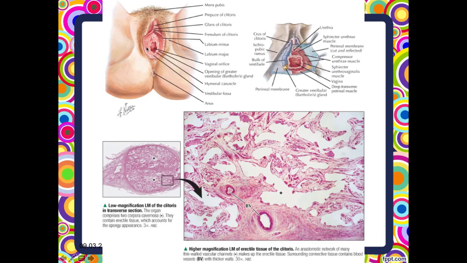Then the clitoris has like two parts, and on the distal part, right here, there is the Bartholin gland. It's the great vestibular gland,